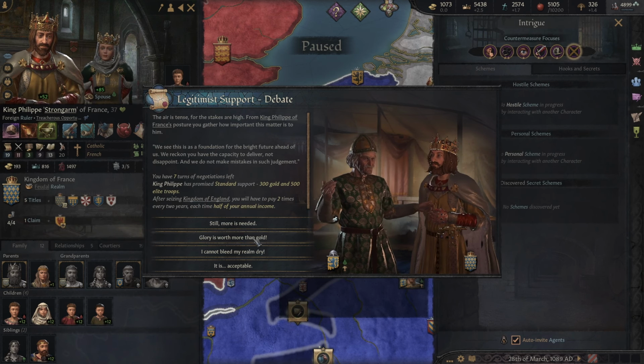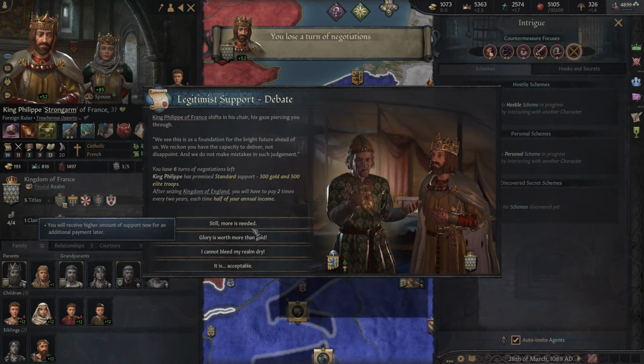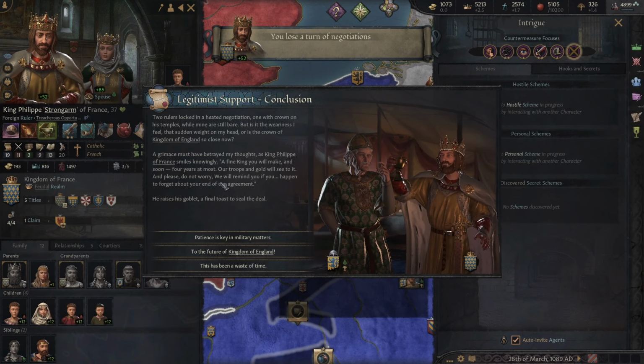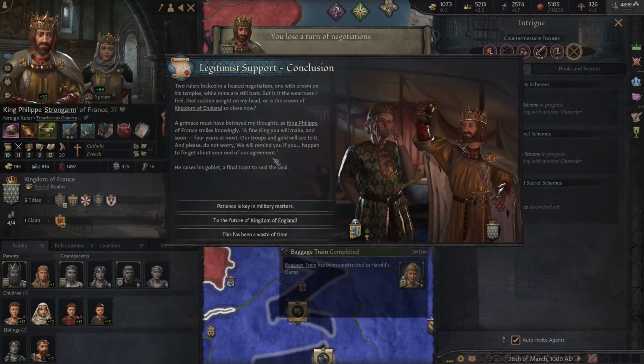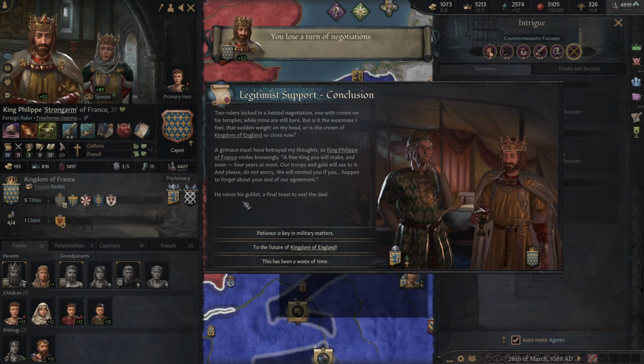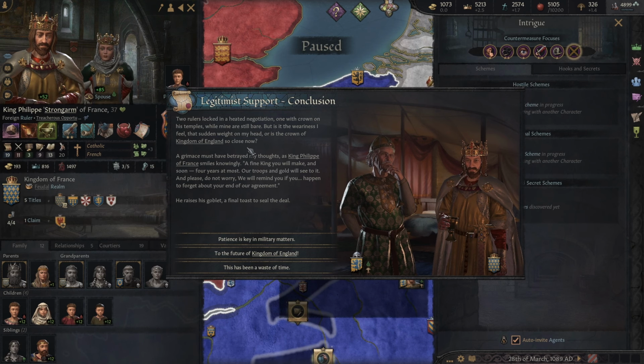That's a fucking deal. Not a deal. I cannot bleed my realm dry. He says lost negotiation turn. Okay. So this contract is a pretty shitty one, to be honest. Like, we could probably win this fight without having to pay out all this money, but we've come to a negotiation. The 2 rulers locked